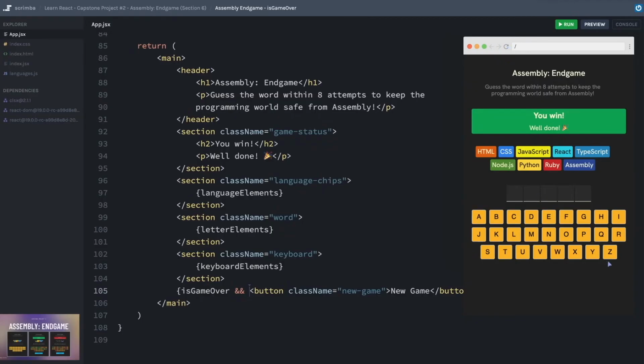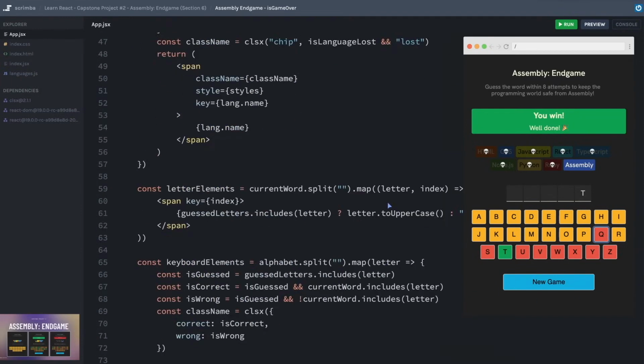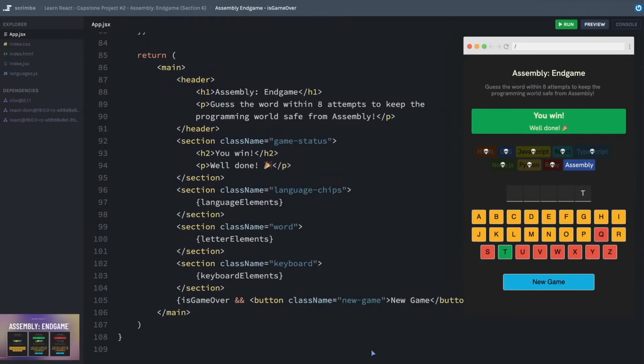Let's refresh this and just do a bunch of lost letters here. Oh, I guess D is in there. Okay, one more and we should be up. Not going to do R. Let's do Q. All right, the new game button showed up there too. Perfect. With our new derived values, we have a new improvement that we can make to our app. So that's what we'll jump onto next.